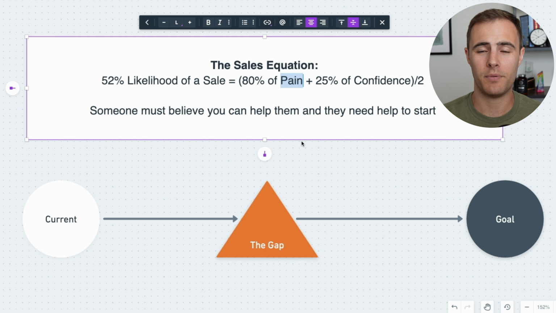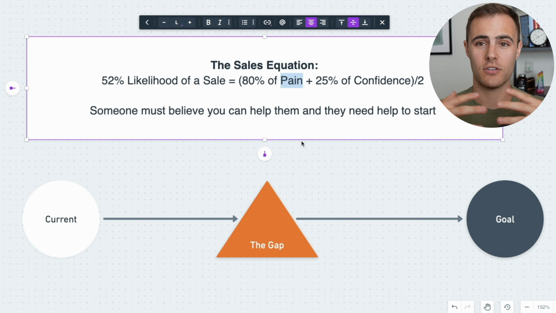So that's how we manipulate pain. We don't need to dive in and stab them with a knife and twist it, any of that stuff. All we need to be doing in sales is just asking really good questions. And if we can ask really good questions and create this big gap and place our service or product in the middle of it,